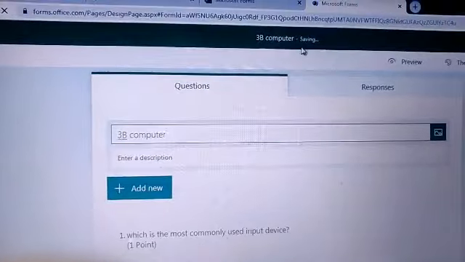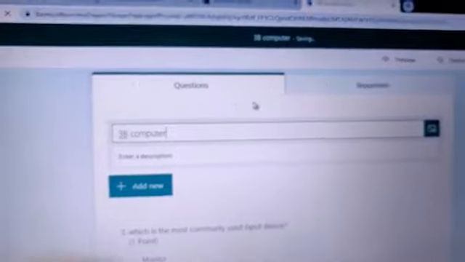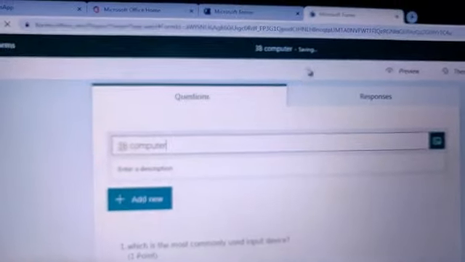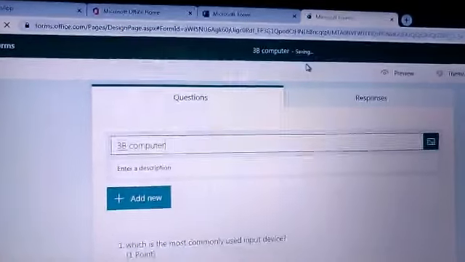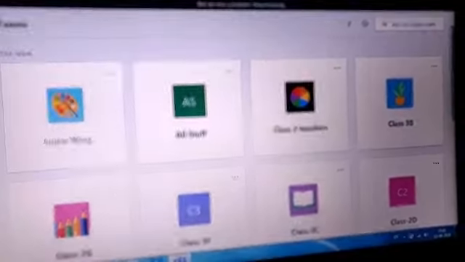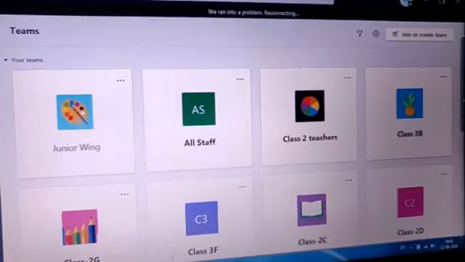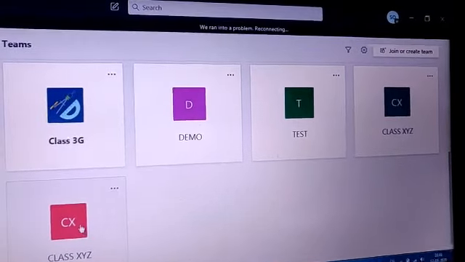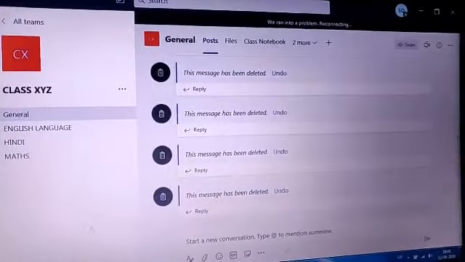And you don't have to save. It is auto saved. It is saving. It is automatically saved. You don't have to save anything. Just make the changes and leave it as it is. Now it is saving. After duplicating, I have to post that duplicate form in my class. For example, my class is this, and I want to post it here.